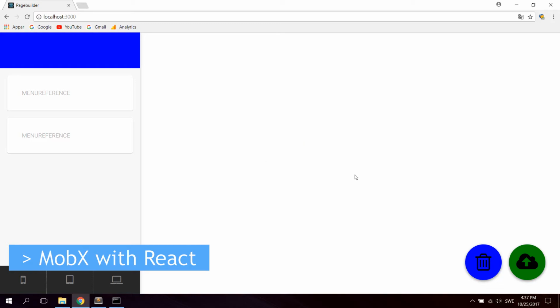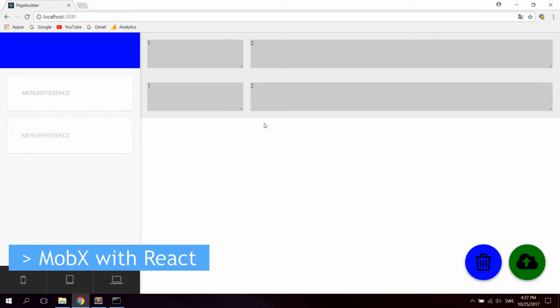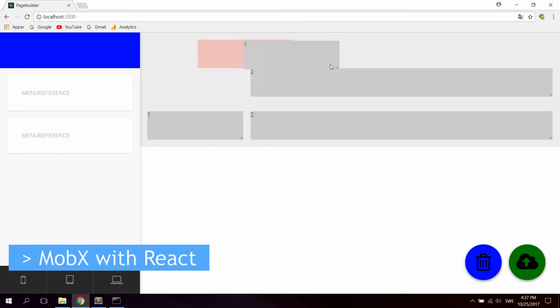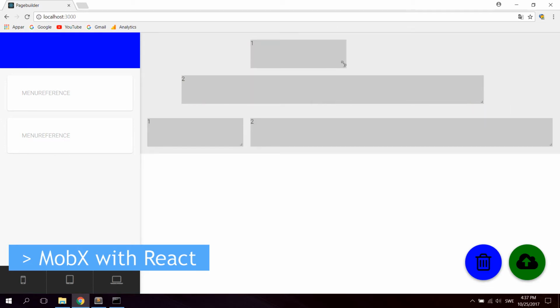This is a page builder. I'm currently developing in React. As you can see, you can drag components out here. This is just a prototype, but it's under development. You can drag around items here and change layouts. Drag around, and you can